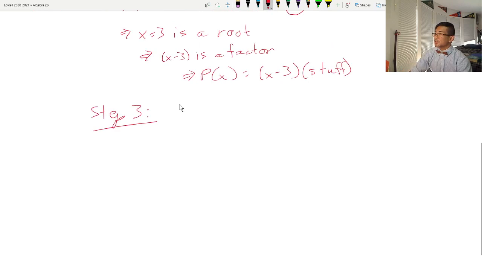So we have P of x. Remember that. Oh, by the way, to find the other piece, it is simply p of x divided by x minus 3. So that's why we need to do this. So p of x,